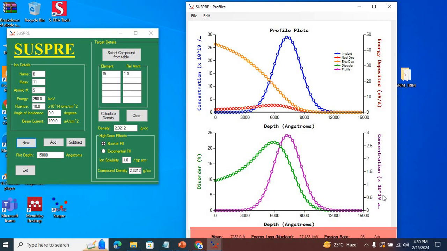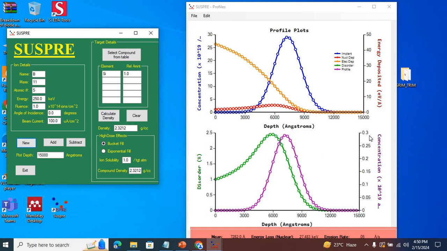Now let us play around with the input parameters. For example, first of all, I want to change the dose from 10 to the power of 15 to 10 to the power of 14 per centimeter square. So let us see what happens to the carrier concentration. In order to run the simulation once again, I click on New. And now you see that the peak carrier concentration around 728 nanometers is 0.3 into 10 to the power of